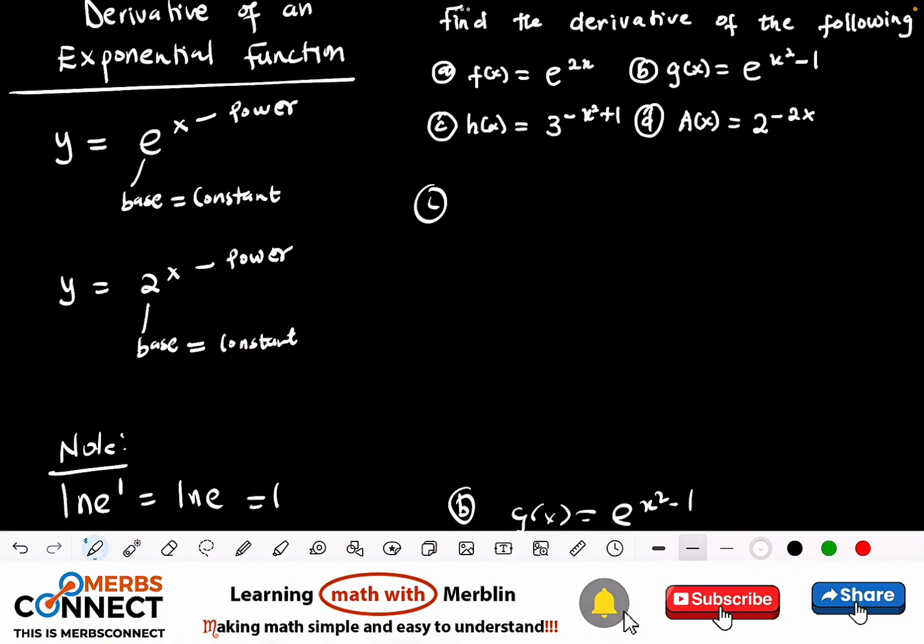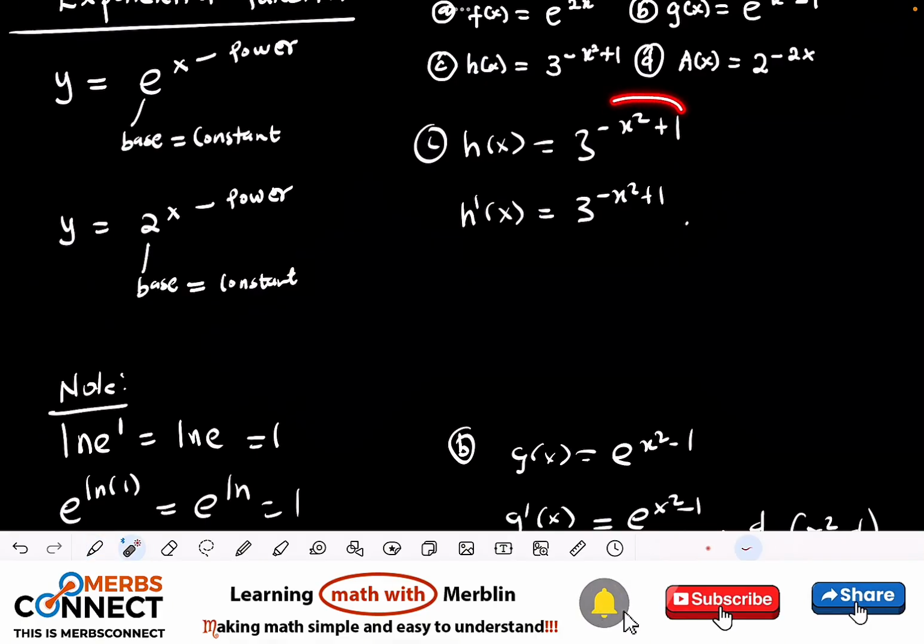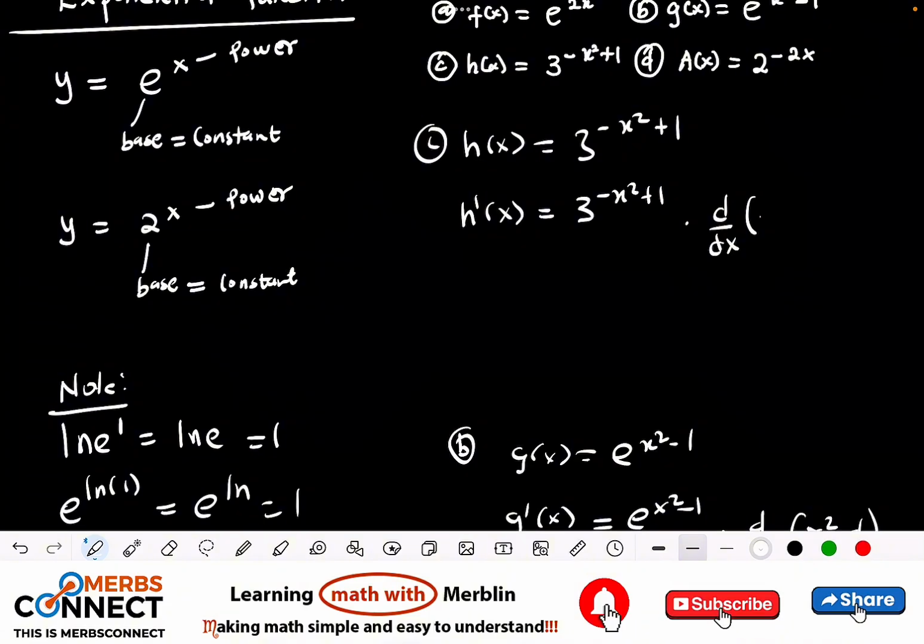So C, we have h of x, which is equal to 3 to the power minus x squared plus 1. So what will be h prime of x? This is going to be maintain the function, right, times differentiate the exponent, which is negative x squared plus 1. So d over dx of minus x squared plus 1 times, so don't forget here we need to pick ln of